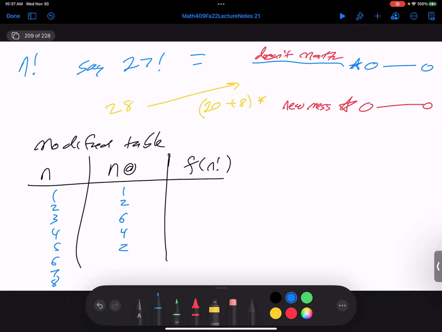Right? Multiply by 6, we get 2. Multiply by 7, we get 4. Multiply by 8, 2 again. And so